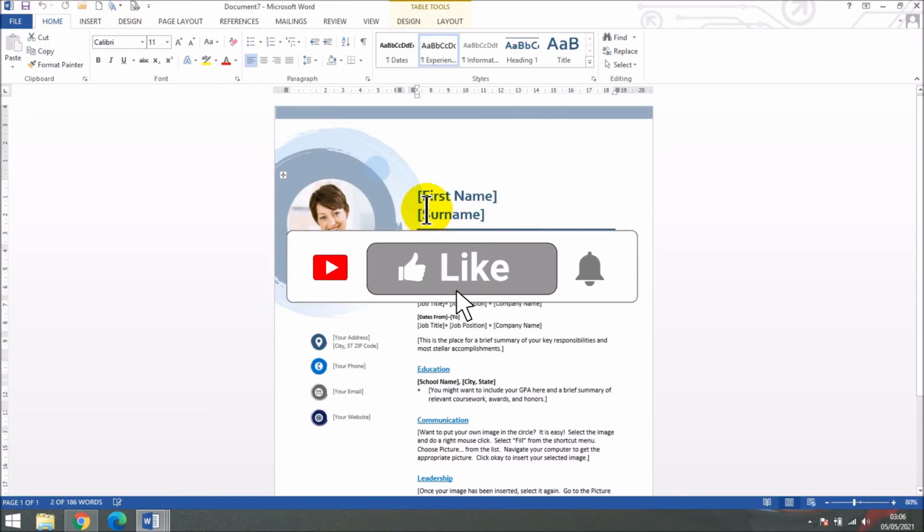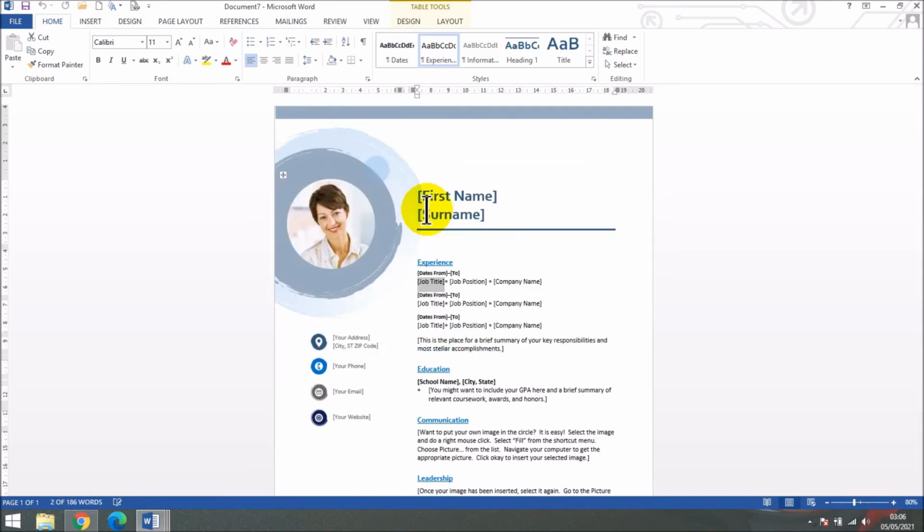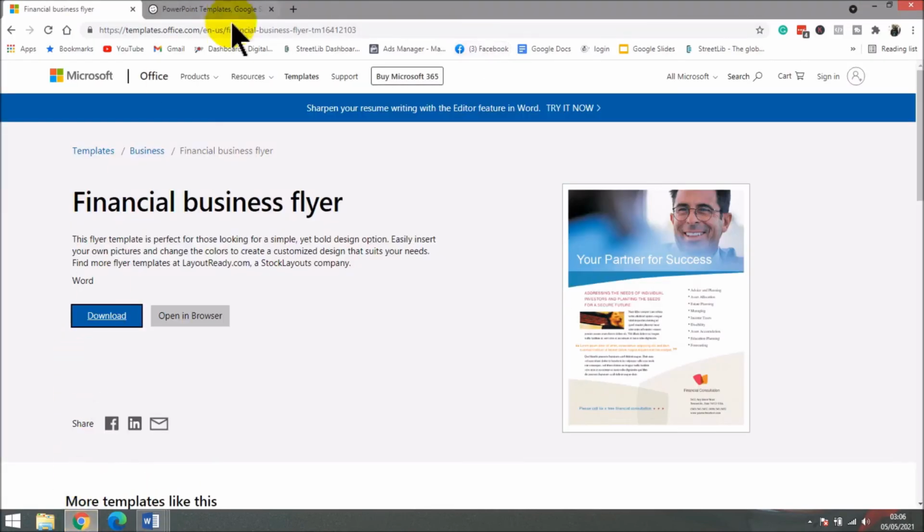Now what you should know is that there are a lot of options of templates for you to work with, not just limited to what you have here. Even if you go online, there are other platforms. If you do your research, you also find other platforms that offer Microsoft Word templates or Microsoft Office templates like PowerPoint, Microsoft Word, Excel. All these templates you can use to create your own document files or your own Office files. Okay, so for example, if you come to